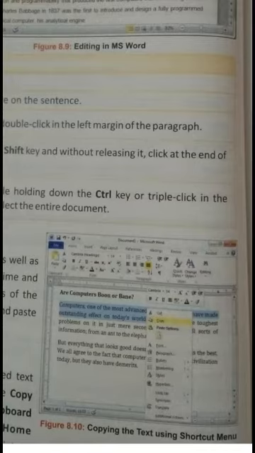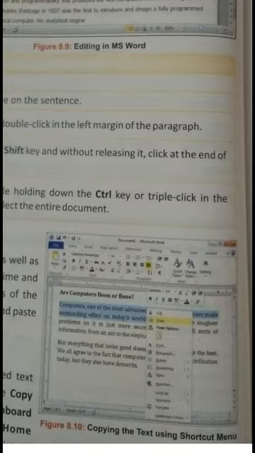Next one is copying the text. As I told you, you can select the paragraph, and after selecting it you can copy it. For making the copy, right click of the mouse, one pop-up menu will come to you.